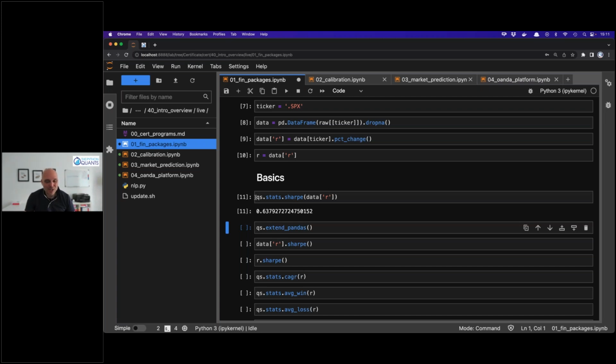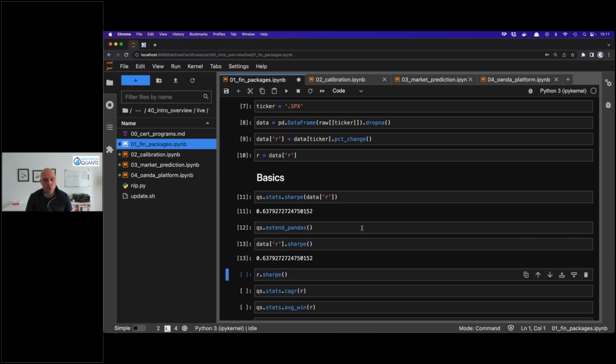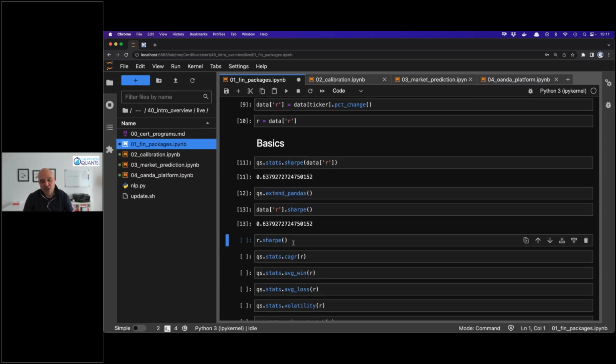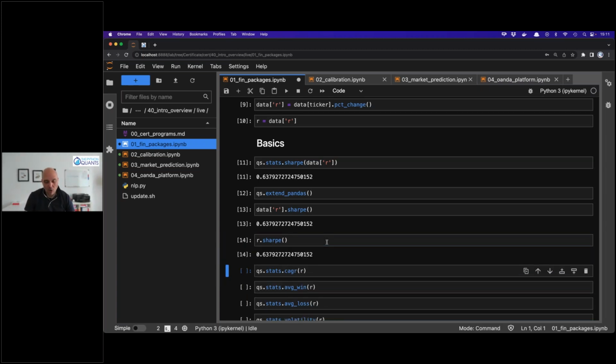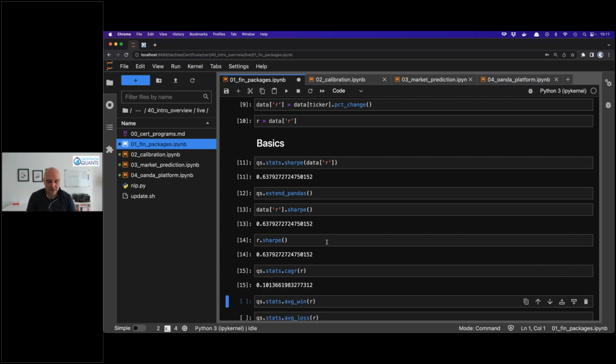You see the approach here is qs.stats, and then I call sharpe, or I have the extend pandas option here, which gives me a sharpe method attached to my data frame. Here it is a series object, right? So I don't want to teach you, I just want to whet your appetite, but I want to emphasize the approach here. So rolling Sharpe works as well. Or I can calculate the compound annual growth rate,